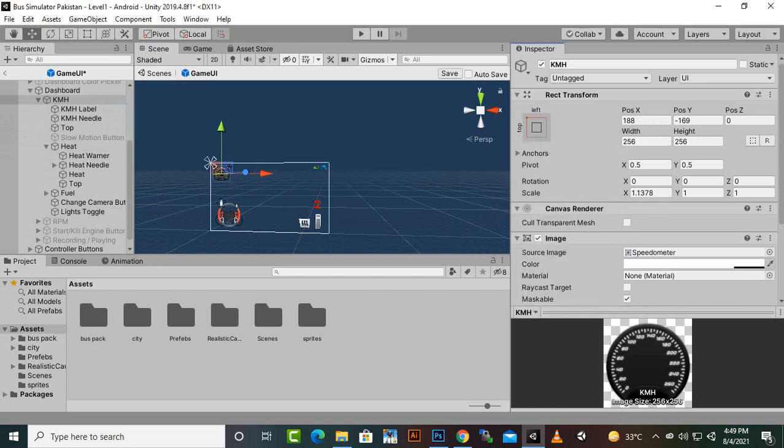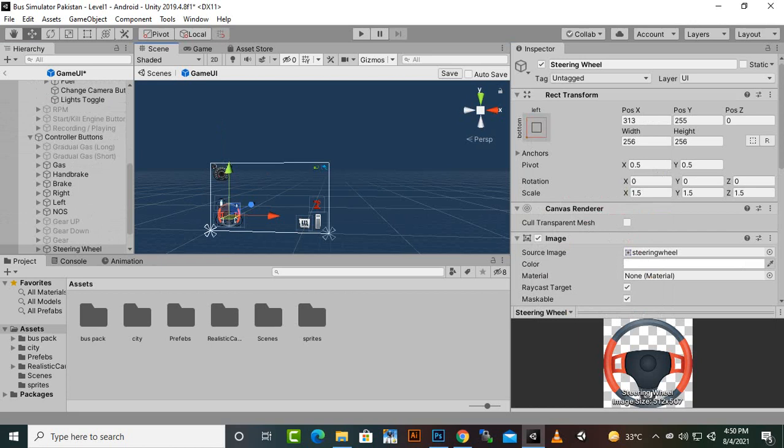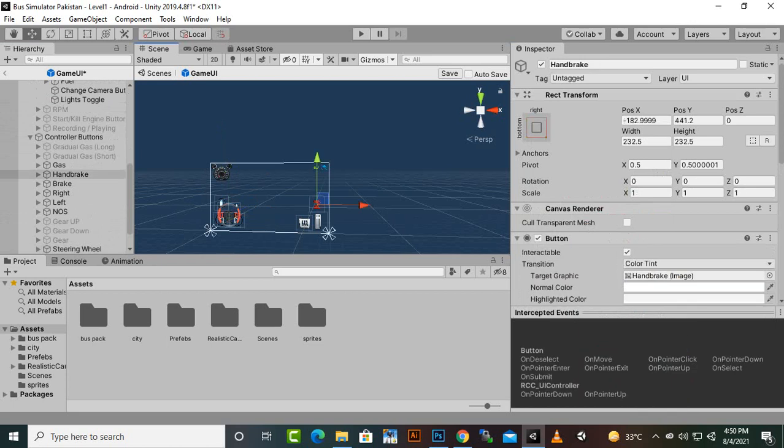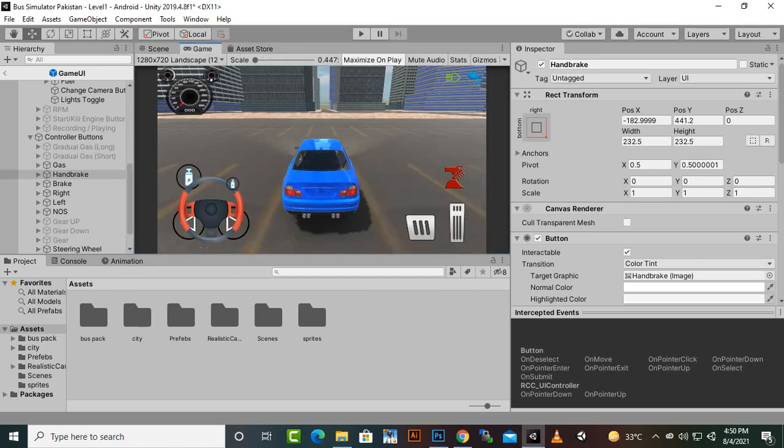Also the steering wheel should be on left bottom, which it is, and for these controls we should have right bottom, that's fine. So now you can see that everything is in a nice manner, and